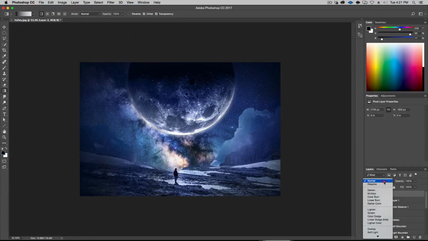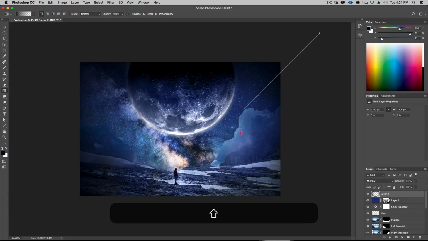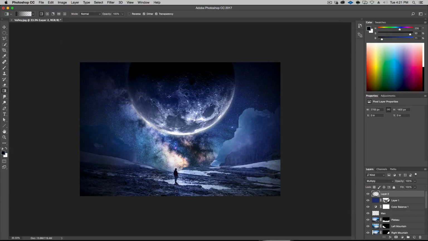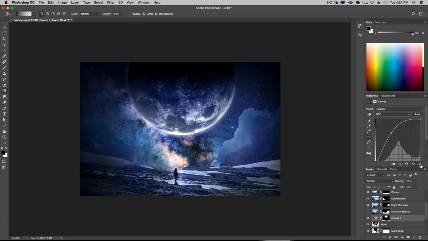All right, it's usually good to have it in multiply, so you're always darkening. You don't really want to lighten as far as doing this vignetting. So that's pretty good like that. Add a little more here. All right, and I feel like it's a little too dark up here at the top, and I think that's coming not from the color balance, but from that shade, the shadow that we did. It's a little strong. Let's turn down the opacity of this thing just a little bit, something like that.